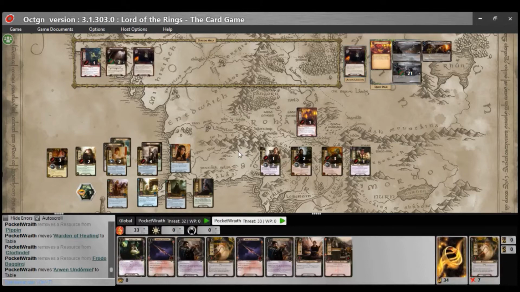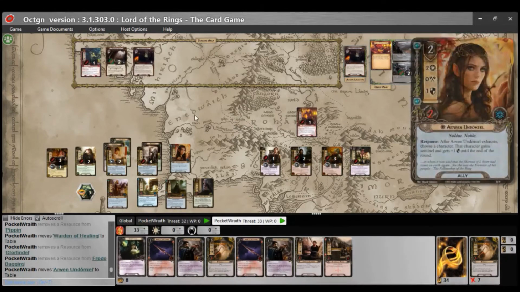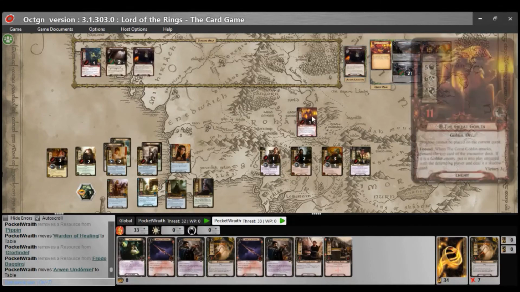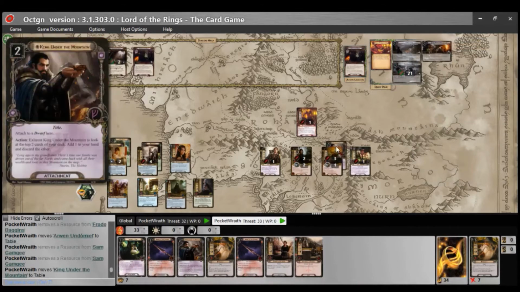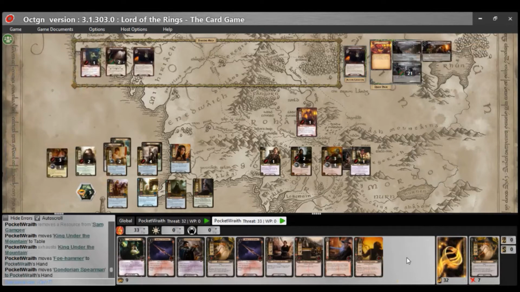And as much as I would still like King Under the Mountain, I'm really thinking the Hobbit Cloak may be the way to go, since Frodo is my go-to defender. Although, of course, the Hobbit Cloak does not help against the Great Goblin, with his very low engagement cost. So, I will actually play King Under the Mountain at this point. Tharlin is the King Under the Mountain, so these two, and...